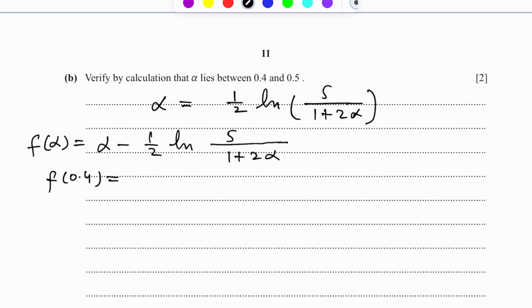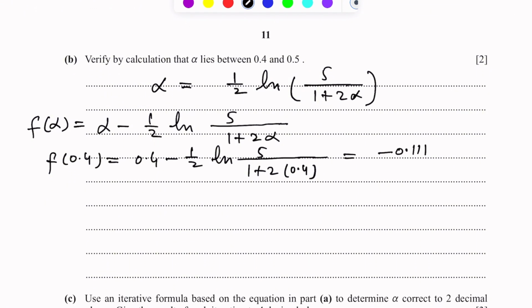Alpha is equal to 0.4 minus 1 over 2 log 5 over 1 plus 2 into 0.4. Now after calculating we will get this is equal to minus 0.111, and similarly we will find